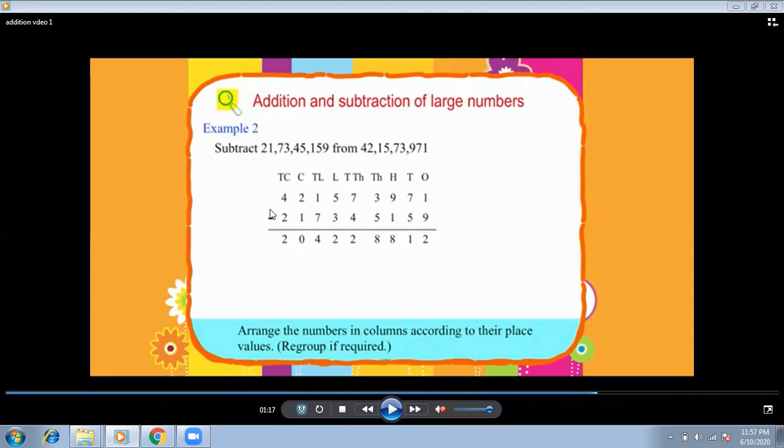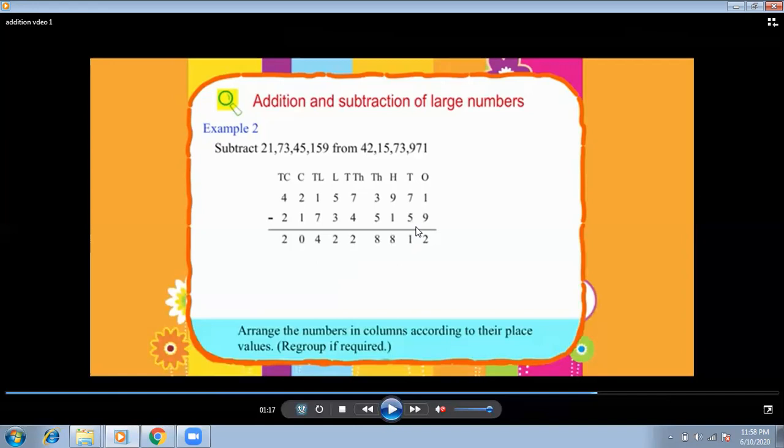And look, the three steps I told you. The first, bigger number upside. Second, don't forget to write the place value on the top of the numbers. Third, you have to arrange the numbers according to their place value. And you also have to start solving your sum from the ones place. So these three steps you have to keep in mind when you are applying any of the operations, addition, subtraction, and multiplication.